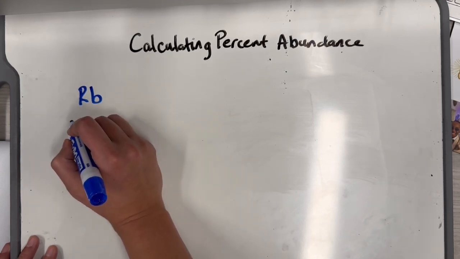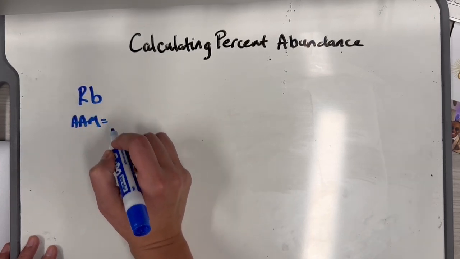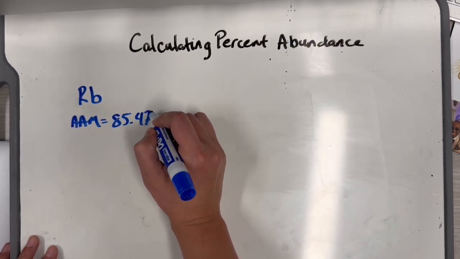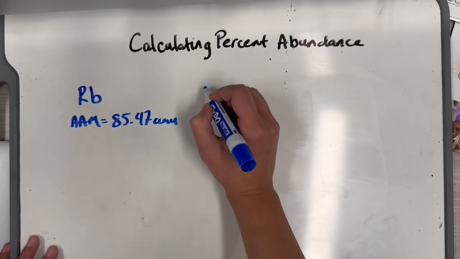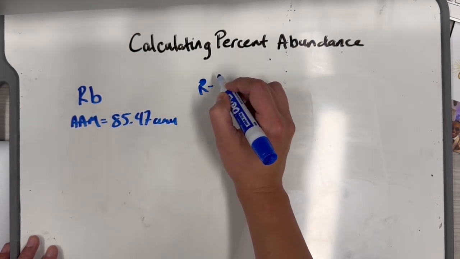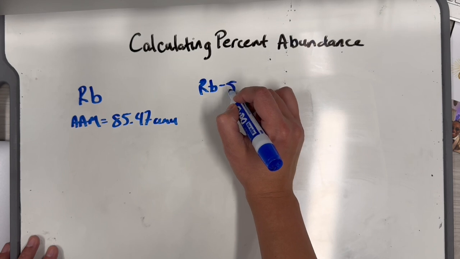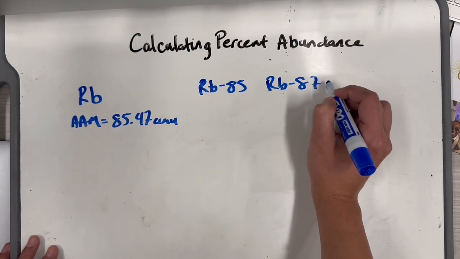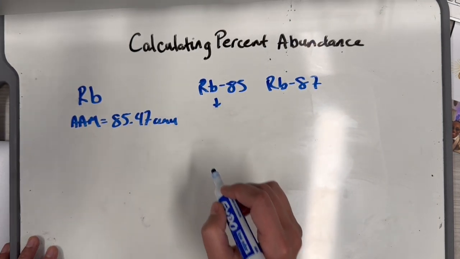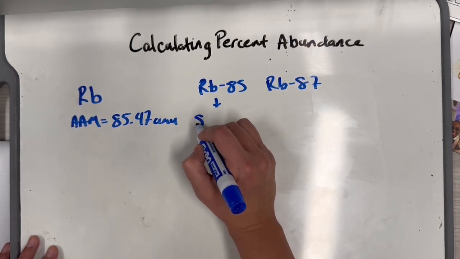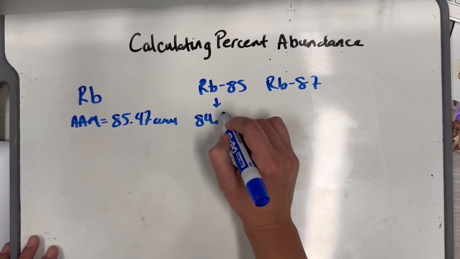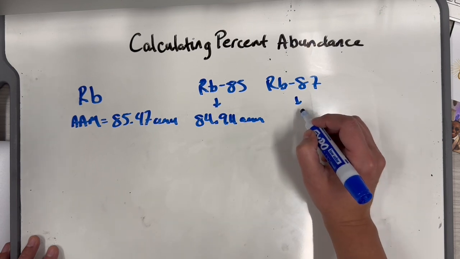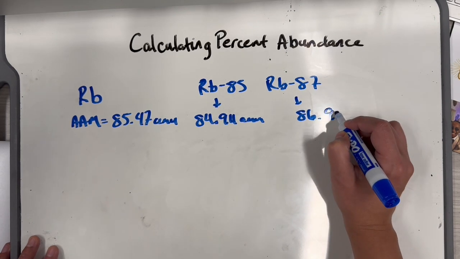So rubidium has an average atomic mass equal to 85.47 AMU, and it has two isotopes. So there's rubidium 85, and there's also rubidium 87. The mass for rubidium 85 is 84.911 AMUs. The mass for rubidium 87 is 86.907